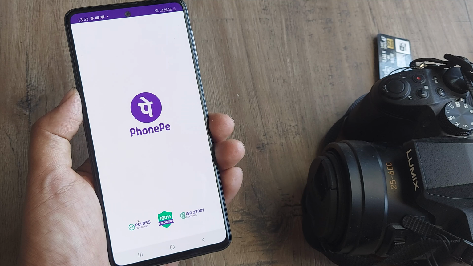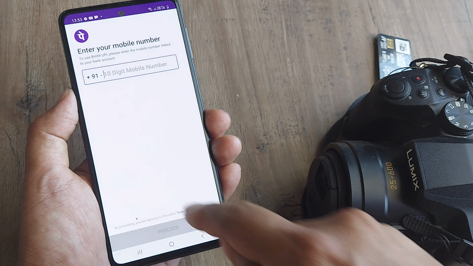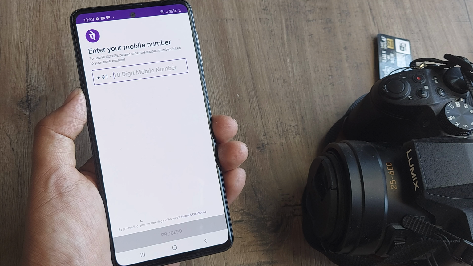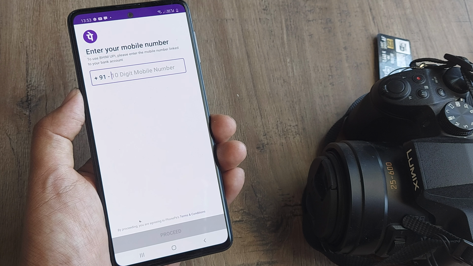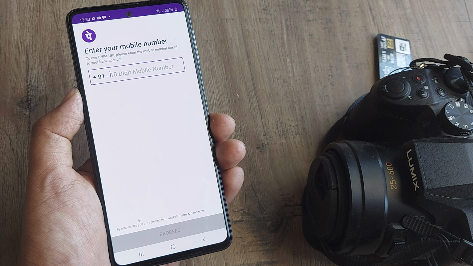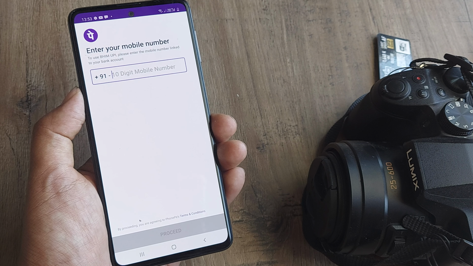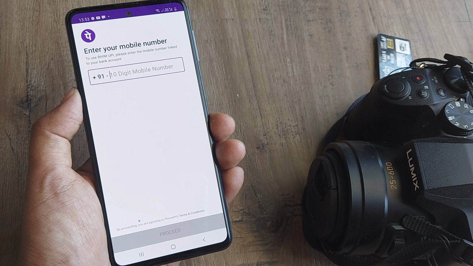Let's go ahead and open this up. This is how the PhonePe app would look. First, it's asking us to set up a 10-digit mobile number. Why is this step very important? This is a UPI based payment interface in which linking or adding a bank account is very important. Whatever number you decide to register on PhonePe, please note that this should be the same mobile number that you have registered for the bank as well.